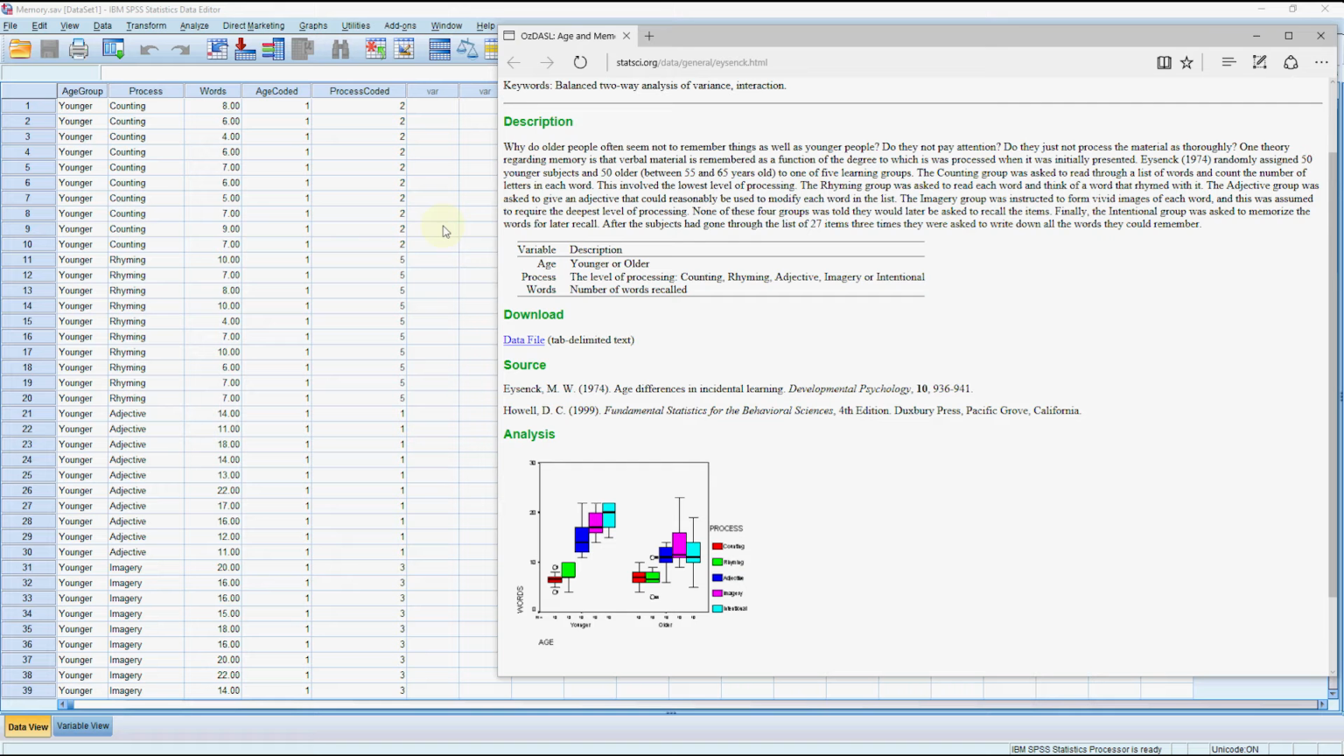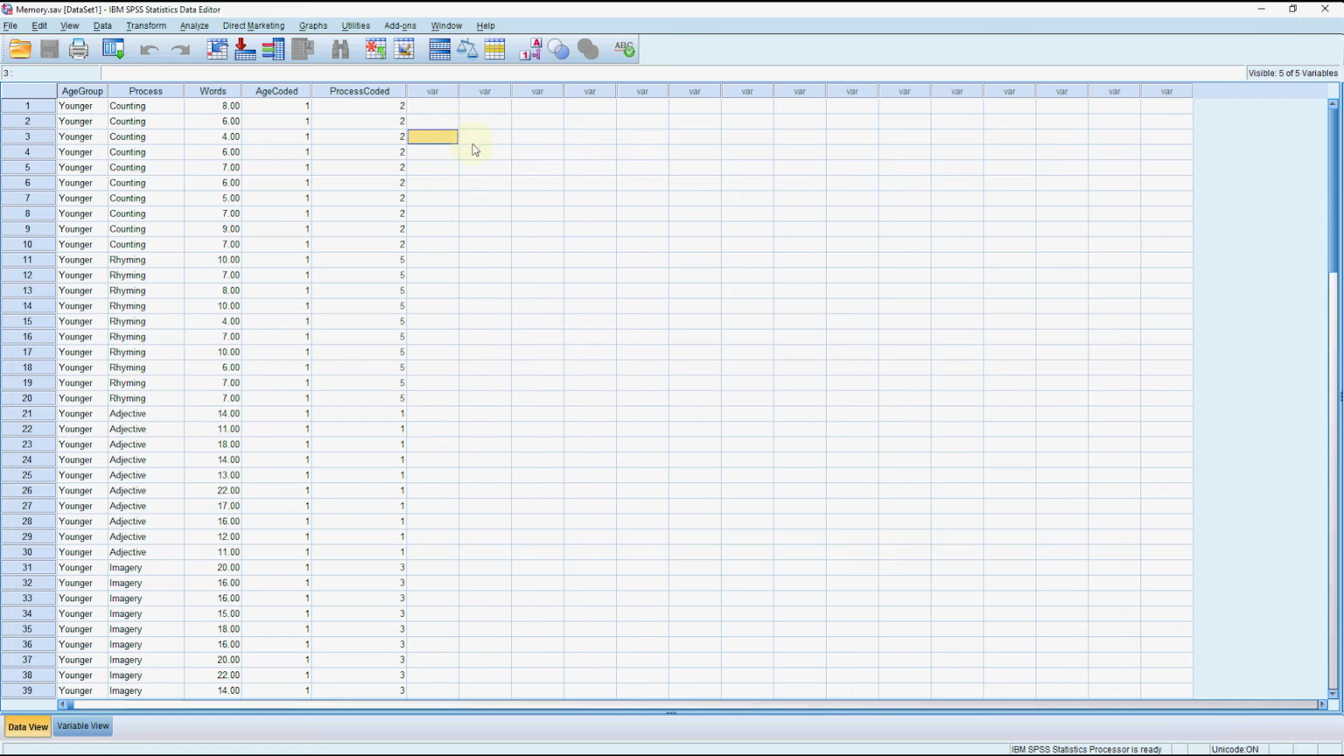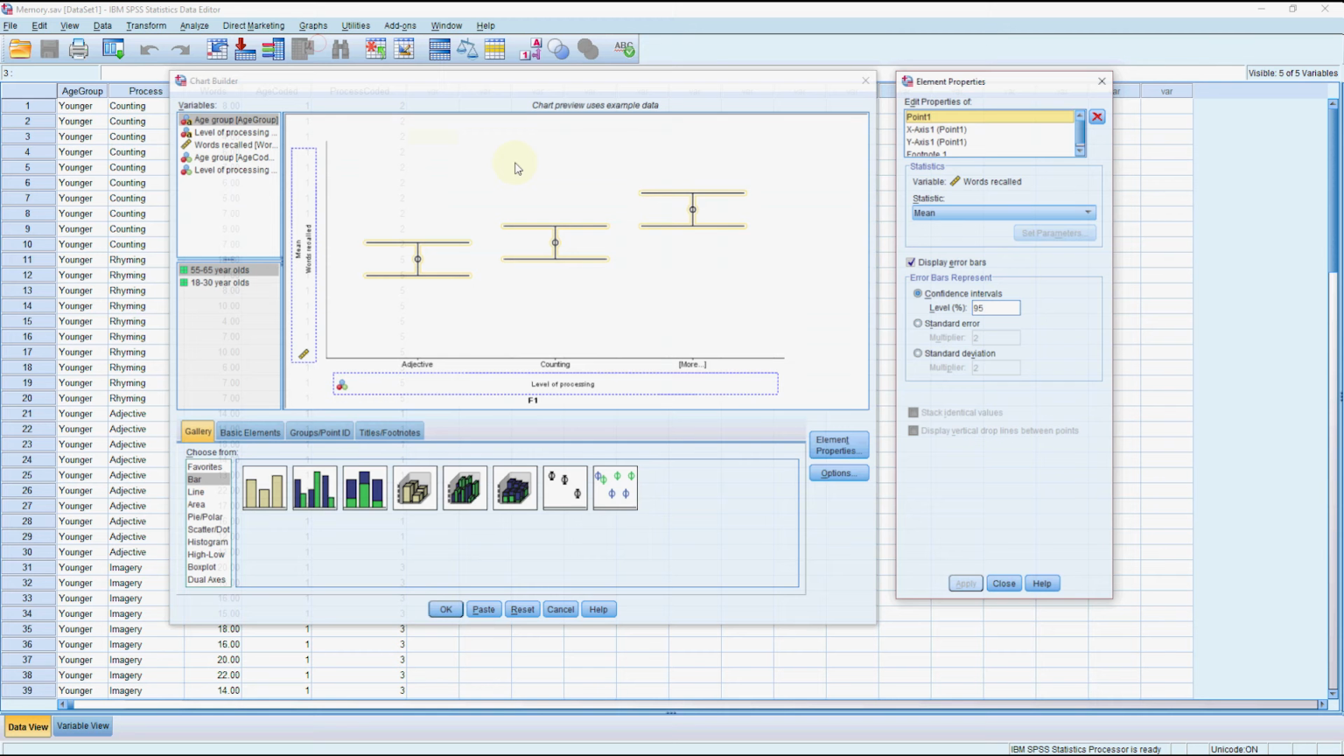So we're looking for a difference in the mean number of words recalled. We have more than two groups, so we can use analysis of variance for this. The first thing we might want to do is do a few graphs and check some of the assumptions of analysis of variance. So in the chart builder,